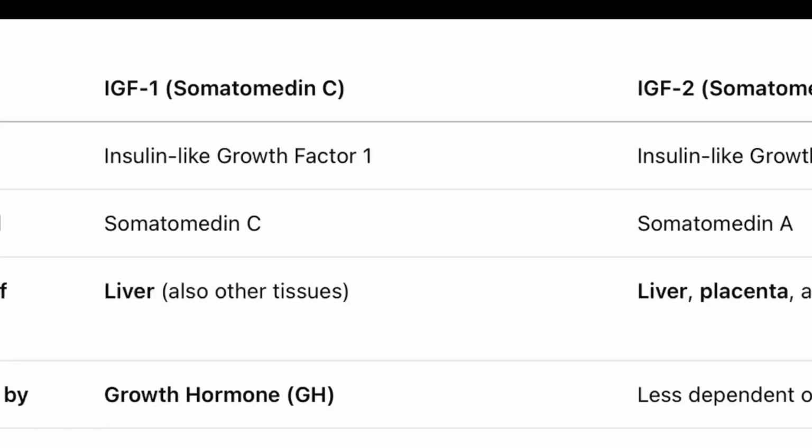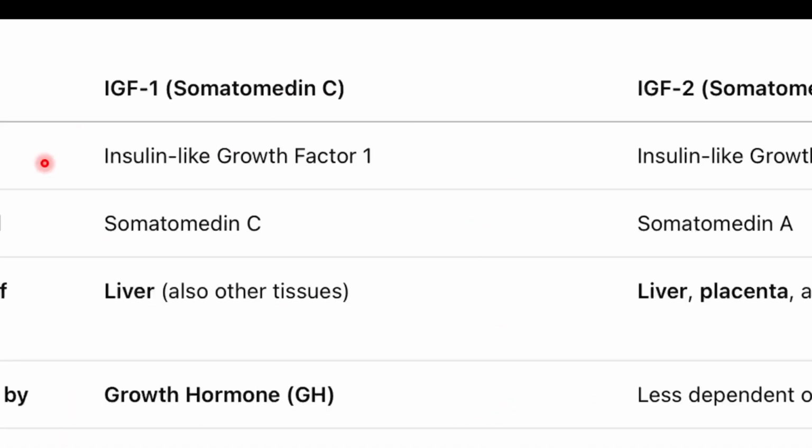What is the mechanism of action for IGF-1 and 2? IGF-1 stimulates cell division, protein synthesis and bone elongation, while somatomedin aids in tissue differentiation and organ development. IGF-1 receptors are similar to the insulin receptors, while the IGF-2 receptor has less active insulin signaling. It is a marker for growth hormone activity: IGF-1 is low in dwarfism, high in gigantism and acromegaly, while IGF-2 is important in fetal growth regulation.